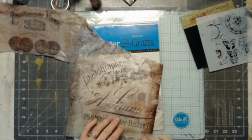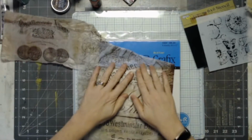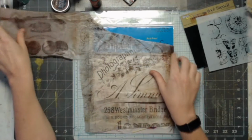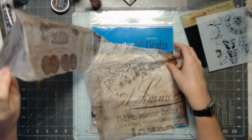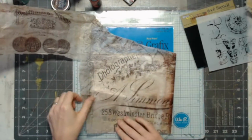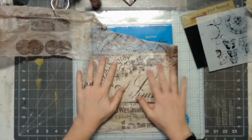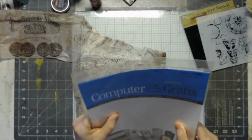Okay, well, my hoop is drying. I'm going to work on what I want to do as the back. And this is my third project, and I've still only used one sheet of that paper. But I'm going to go focus right now on this bigger section that I have left. And to make it more stable,